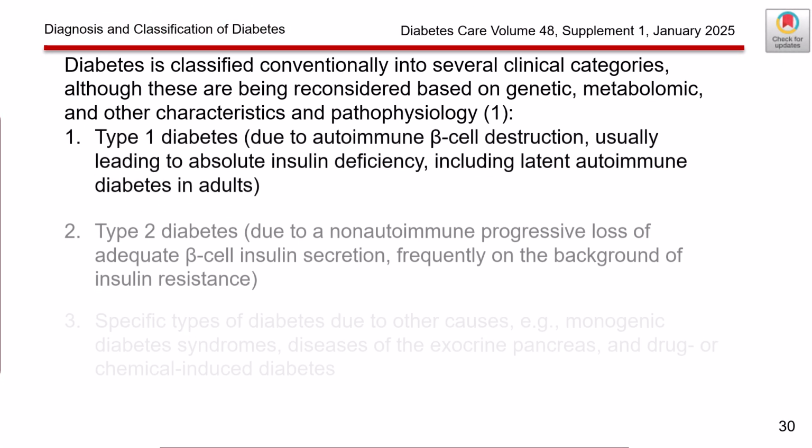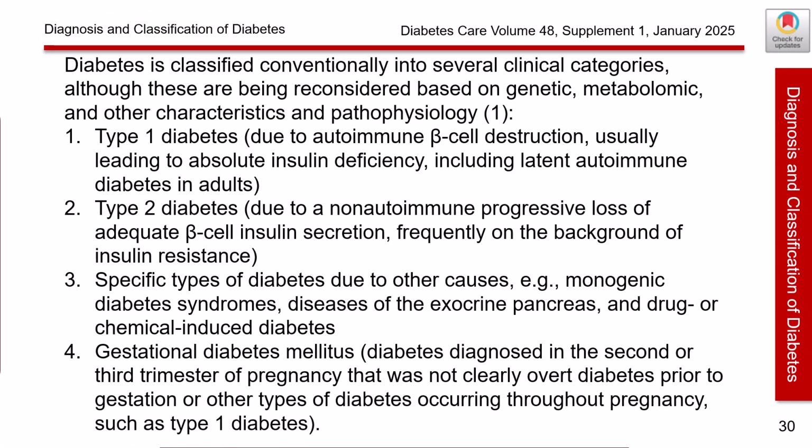Diabetes is classified conventionally into several clinical categories, although these are being reconsidered based on genetic, metabolomic, and other characteristics and pathophysiology. 1. Type 1 diabetes, due to autoimmune beta cell destruction, usually leading to absolute insulin deficiency, including latent autoimmune diabetes in adults. 2. Type 2 diabetes, due to a non-autoimmune progressive loss of adequate beta cell insulin secretion, frequently on the background of